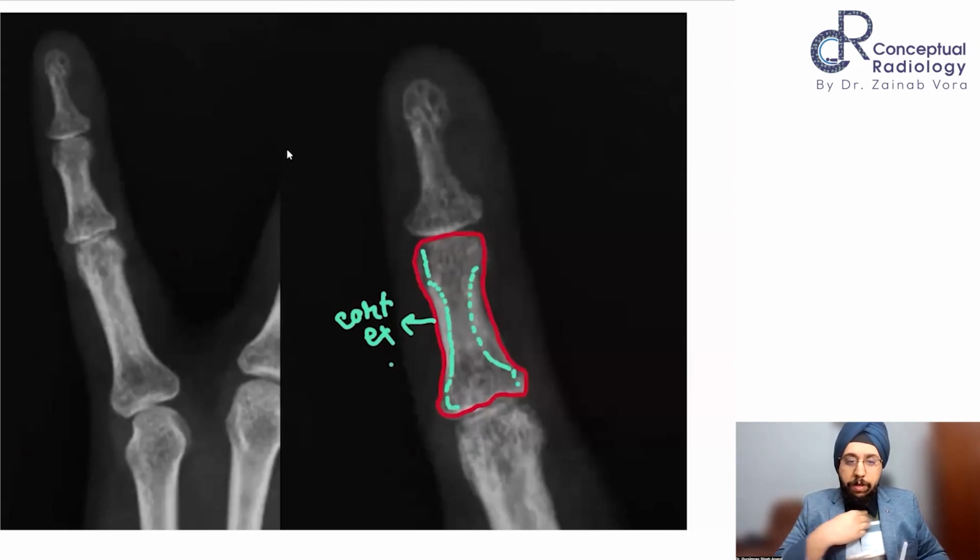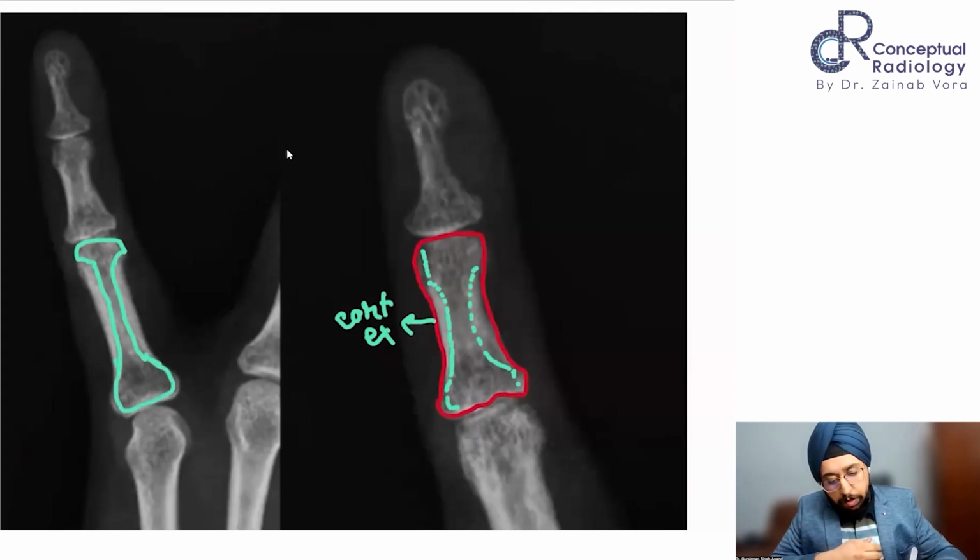Okay, so this is a normal finding which you see. You can even appreciate it here as well. So this is a maximally thickened cortex at the shaft. Okay, it spreads and thins out towards the head and the base of the phalanx, and this yellow part is actually the medullary cavity. Okay,